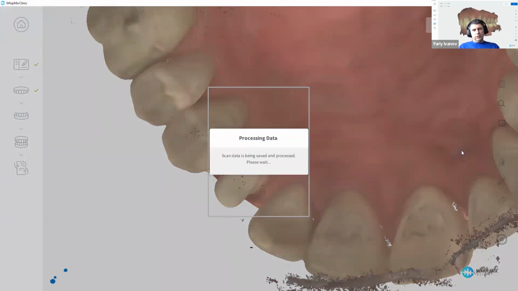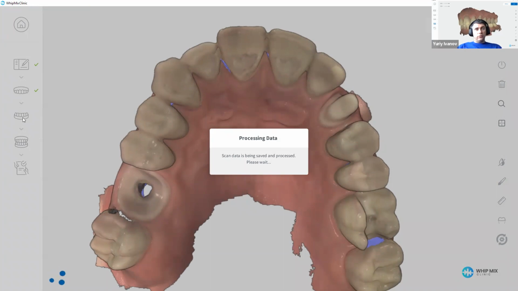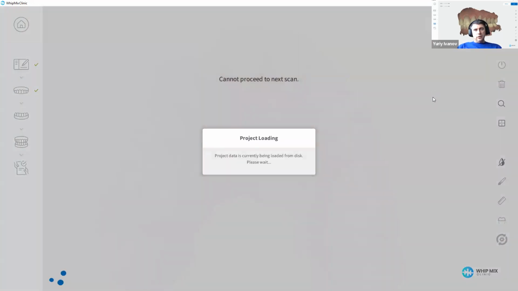Yeah, let's say this is good enough. And again, we should wait for the post-processing of this scan. Usually it takes a short period of time, like 5-10 seconds. After that, we are ready to scan the lower jaw, sorry, the upper jaw is done. We can either click on the step of lower jaw scan or click next, which is the same,